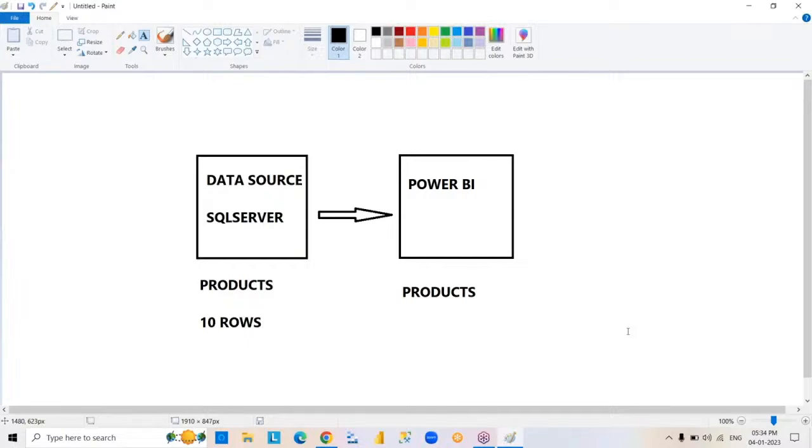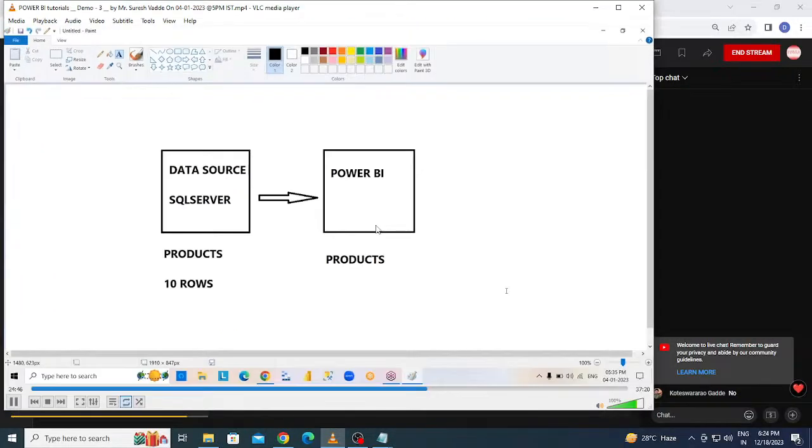Data will be there in the source only. Only structure is going to be copied from source to the Power BI environment. Here, a permanent connection will be there between your Power BI and your data source, because you are using direct query. Got my point? So in this scenario, physical